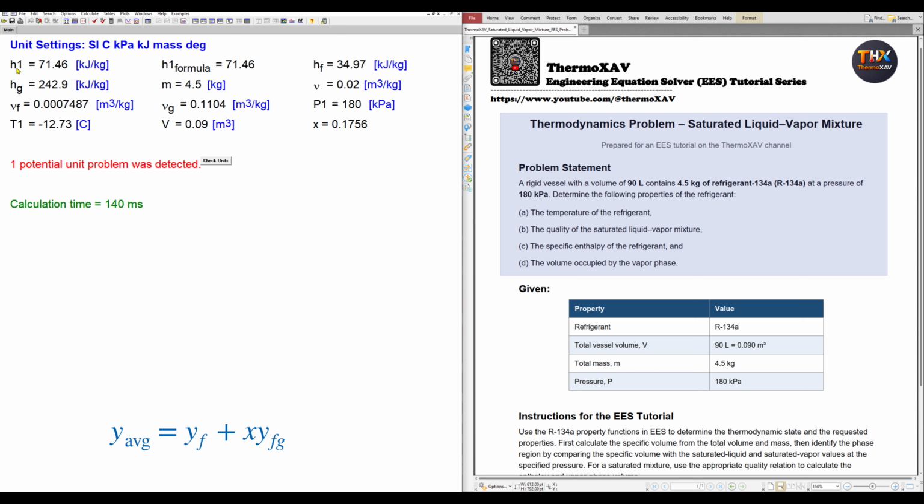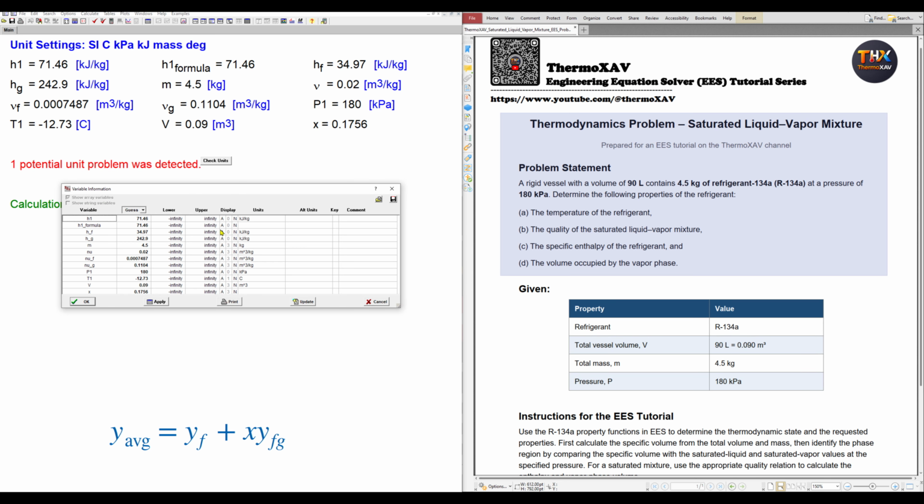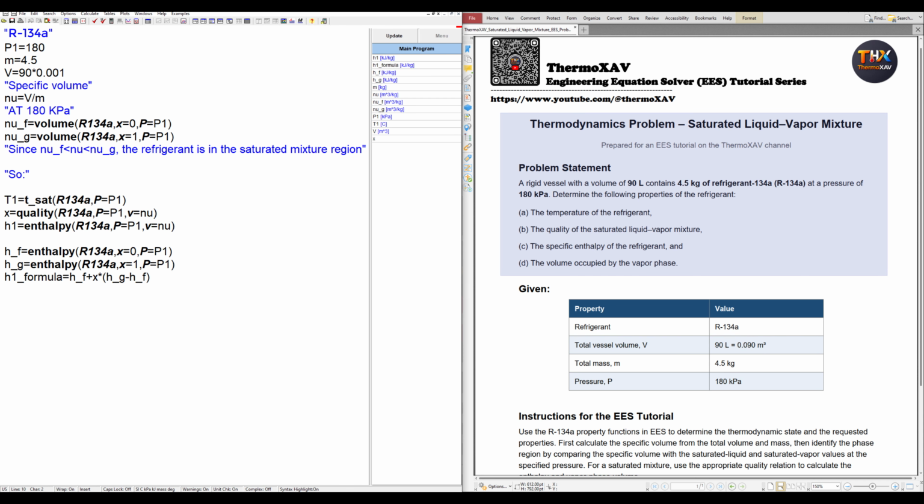Here, as you can see, this is the first enthalpy that we calculated from the EES directly, and here we use the formula, and you see the values are exactly the same. I can also give a unit to this one, just copy and paste here and press OK. So we specified the enthalpy of this refrigerant, and then finally we are going to calculate the volume occupied